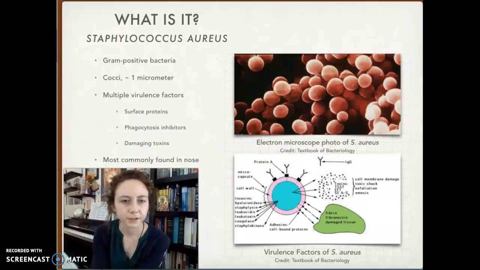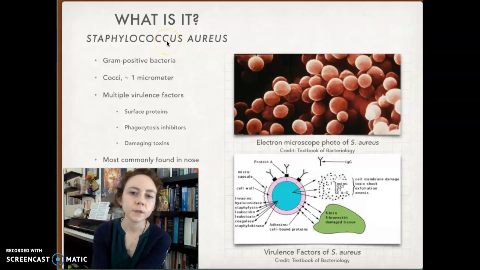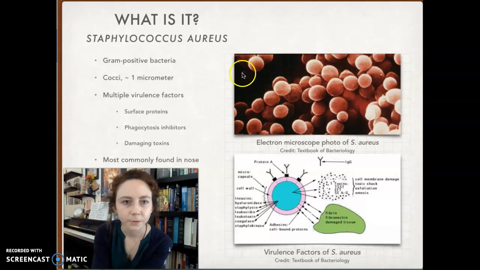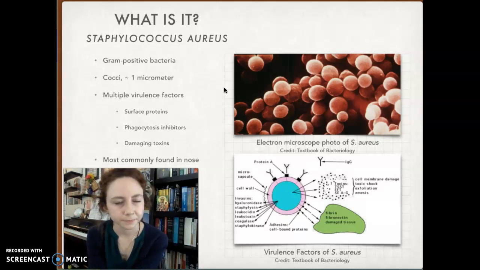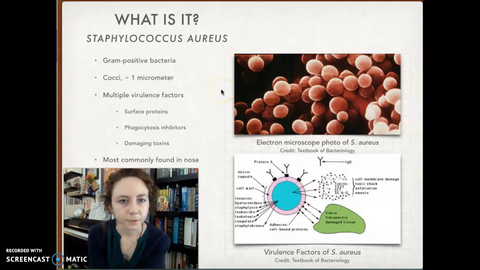Staph infection is a common name for an infection caused by Staphylococcus aureus. Here's a cool thing: the name, from Greek and Latin, is derived from the words for golden grapes, because that's what it looks like under an electron microscope, which I thought was cool. Anyway, it's a gram-positive bacteria, and it is spherical. It's about 1 micrometer in diameter, and it has multiple virulence factors, which make it very virulent for human beings,